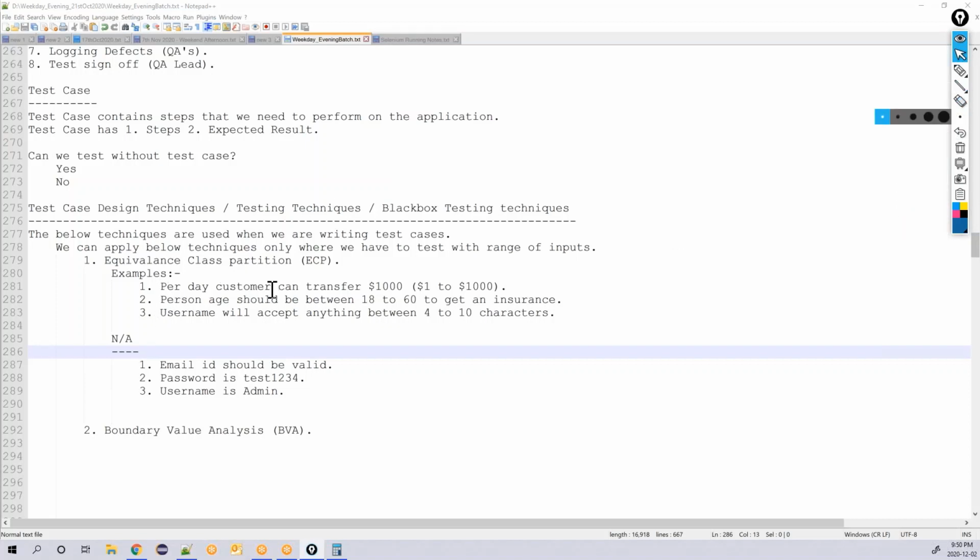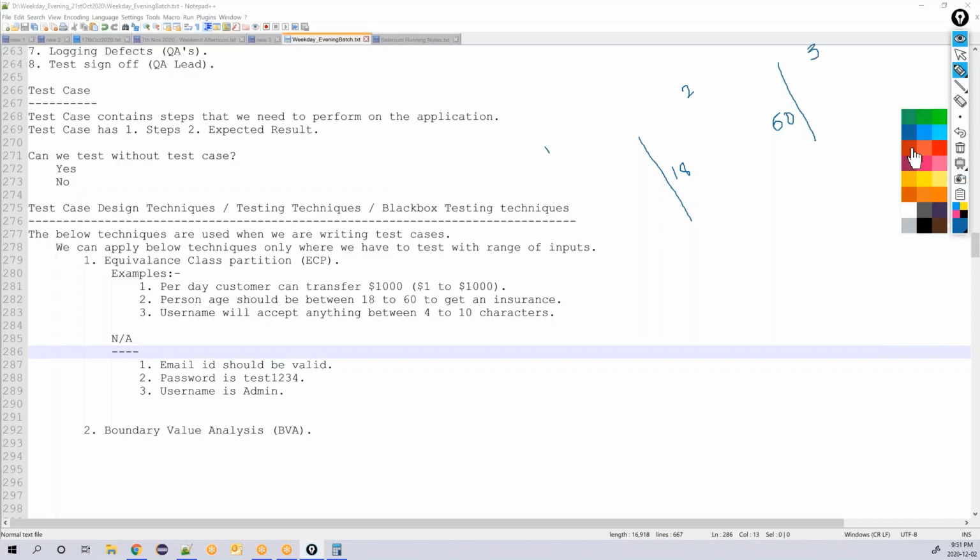Second example: 18 to 60, otherwise the person should not get insurance. So let's say 18 to 60 is the valid range. We will divide it into multiple partitions: this is your first partition, this is your second partition, and this is your third partition.